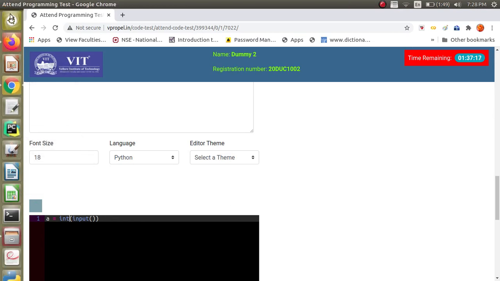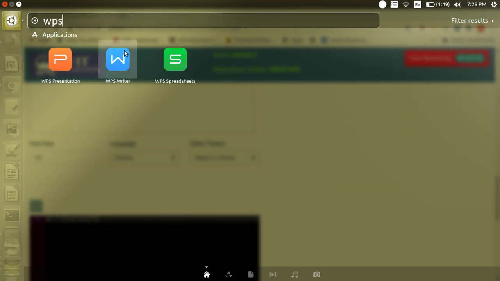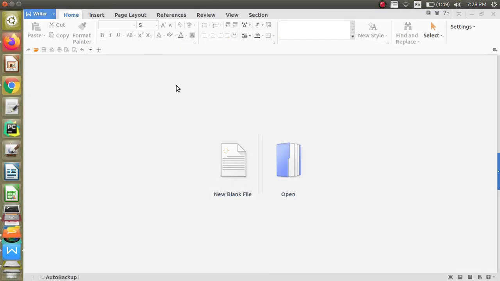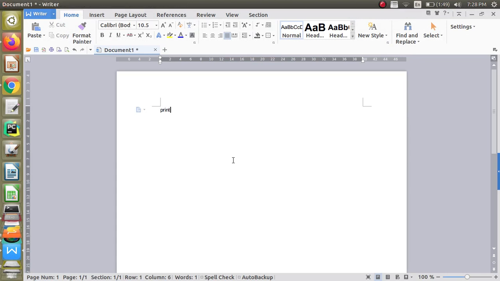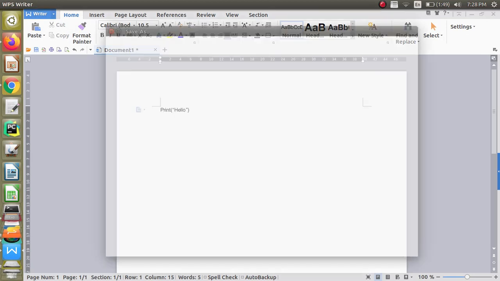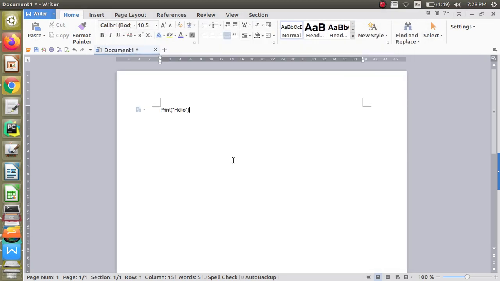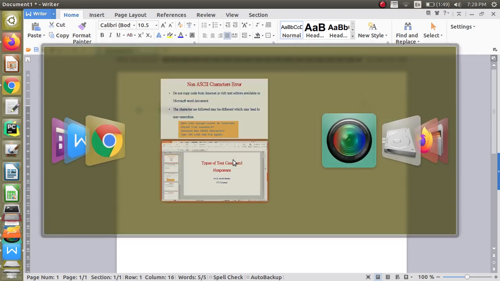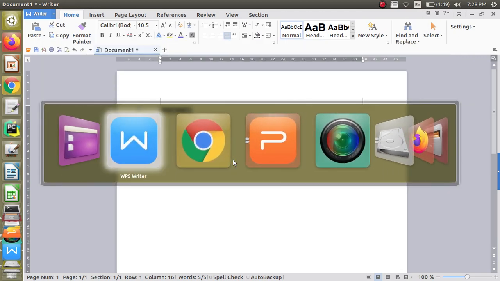Let me show a small demo for that. I will copy text from this Word document, copy this code into the code editor and show you.